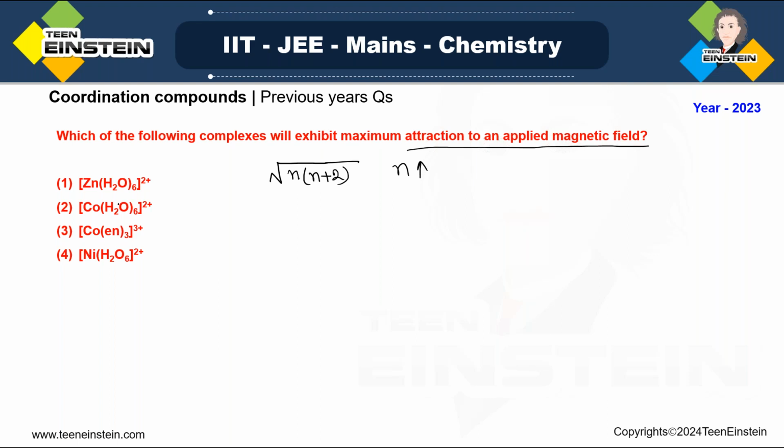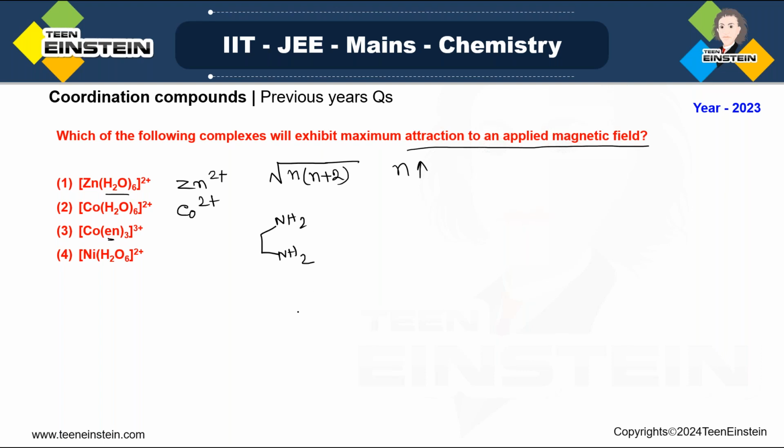Now the first complex, here we have 6 water attached to Zn. Water is neutral, so here the metal is basically Zn2 plus. In the second case, Co2 plus, because again we have water. Then the third case, here we have en, but see, en is ethylene